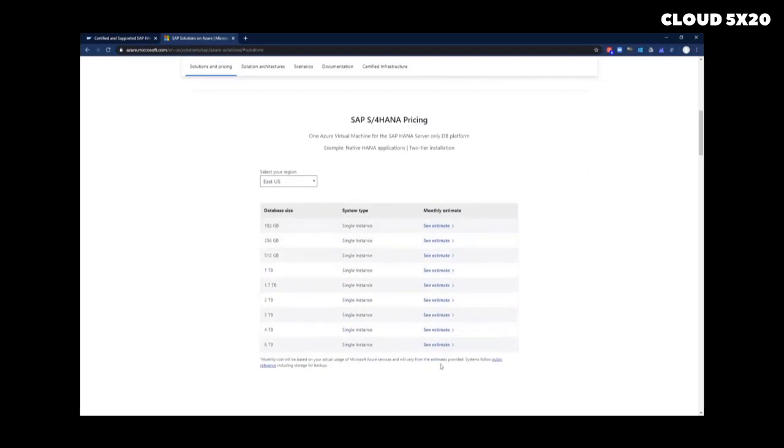And this is where you can see the pricing. Right. So these are standard SAP HANA platforms that are available. This is the HANA database. Okay. So let me choose Southeast Asia, and you can see the Southeast Asia calculator popped up